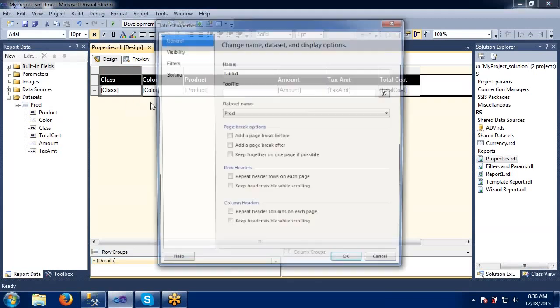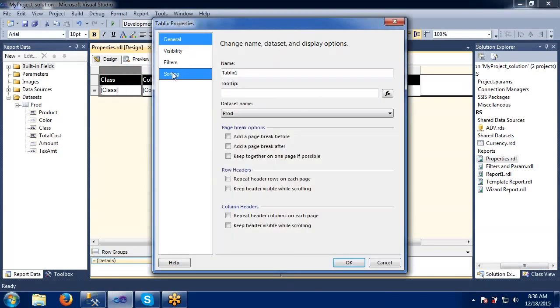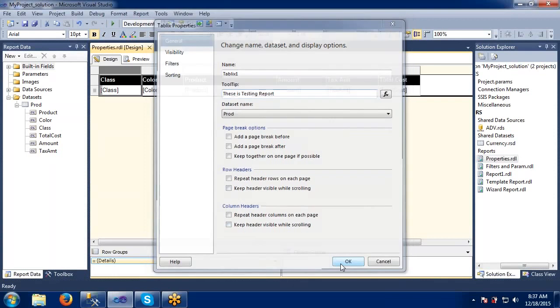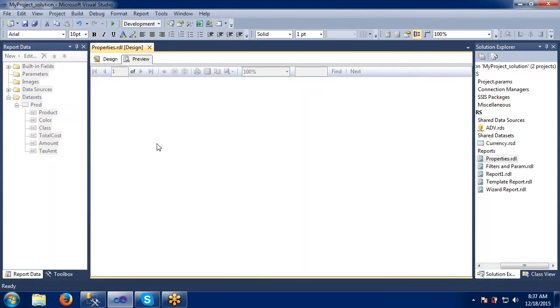One more option we have seen is the general visibility filter. In the general section, if you want to give some tooltip, I think we have seen this one, right? This is a testing report. The tooltip will be displayed here. When the mouse is on a particular column, it will give a tooltip on that column.